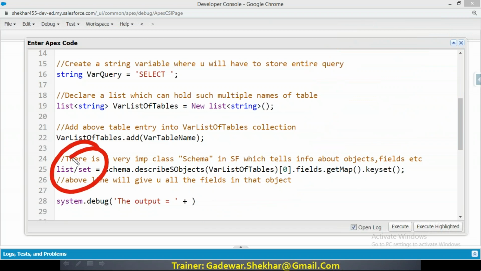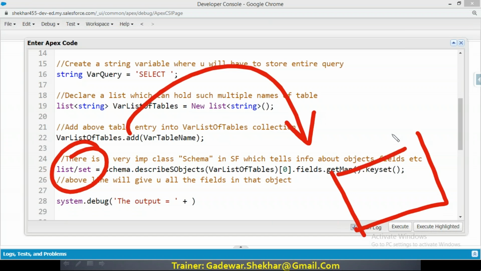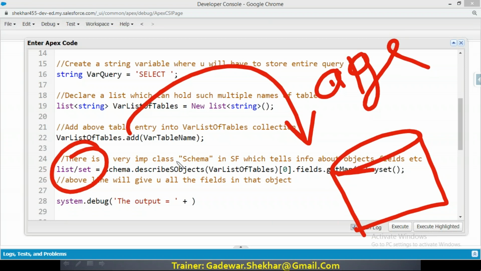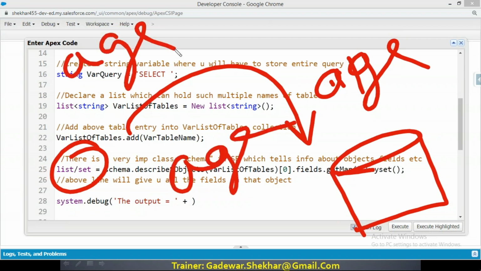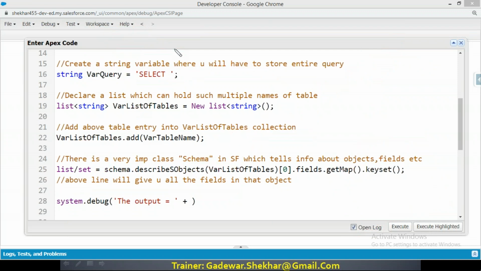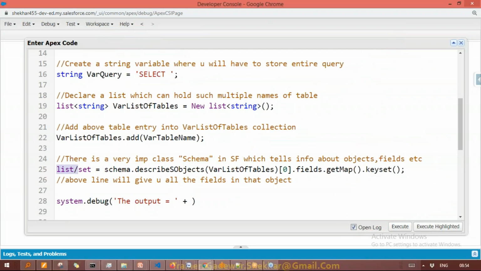Now here we know that the columns of any table will always be unique. It is impossible that in one table I can have a column called age, and another column as age, and another column age. Impossible. You have learned Salesforce, you know it's impossible. So it means it's going to be unique data. Unique data means set, simple. So it's going to be a set collection. But what kind of set? Number, boolean, string. The column names are of course strings, like age, salary. These are text, these are strings.